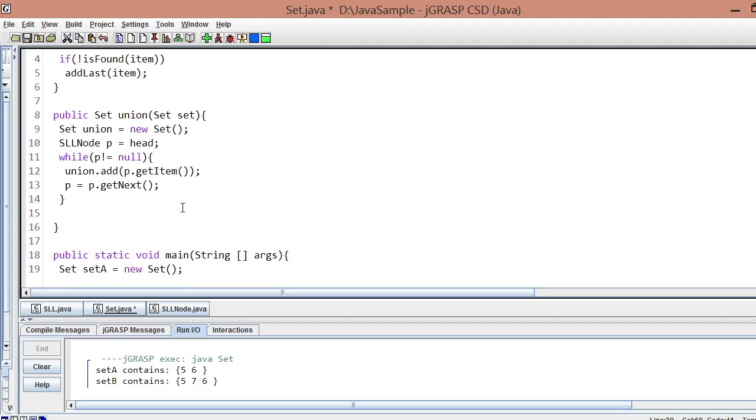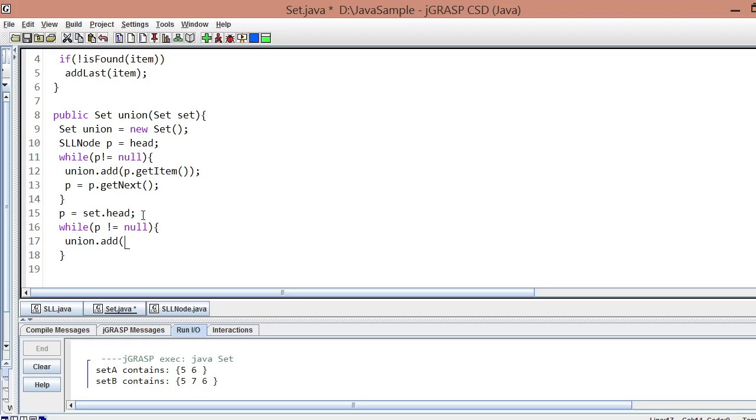Okay? So, let's now start. So, P, diba? P is already declared man, SLL node. So, ato na lang sad siya ipapoint ngadto sa head ni set. So, this time, let's have P points to set dot head. And then, ato na sa ipatraverse, while P is not equal to null, then let's add the element of P to union.